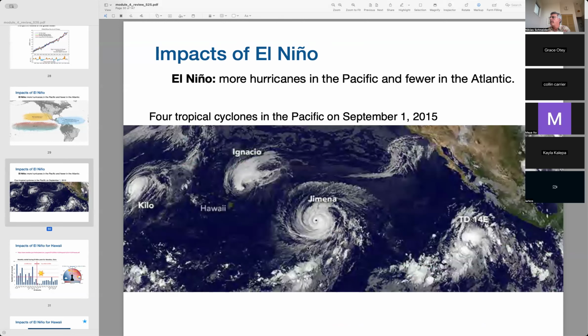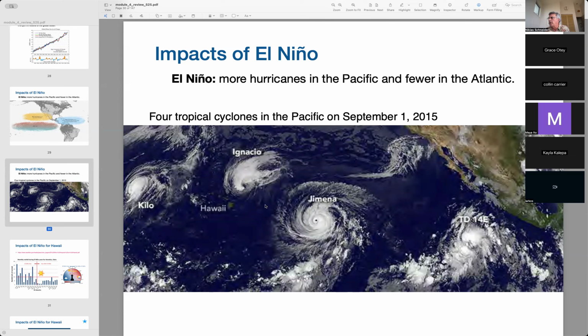locally, El Nino has a number of impacts on Hawaii. During El Nino, we have a higher likelihood of hurricanes. That's because waters around Hawaii are somewhat warmer and the trade wind shear is reduced. Warmer sea surface temperatures are conducive to the development of hurricanes. Strong trade wind shear, meaning the change in wind speed as you go up in the atmosphere through the trade wind region from the surface going aloft. If this vertical change in the winds is stronger, that will diminish the likelihood that you get a hurricane,